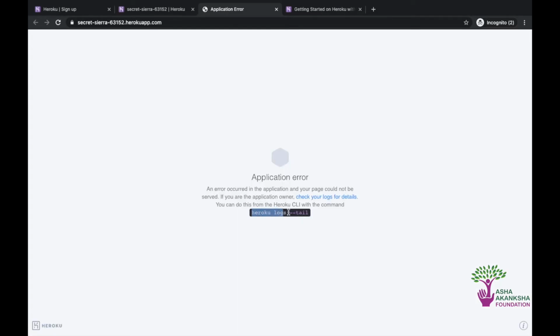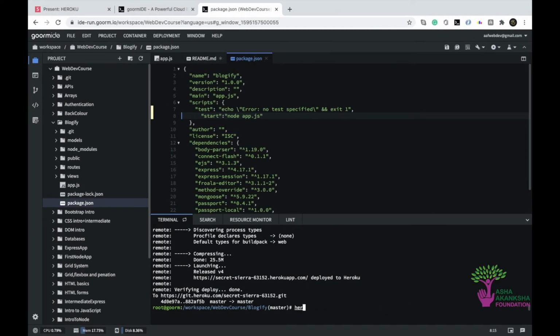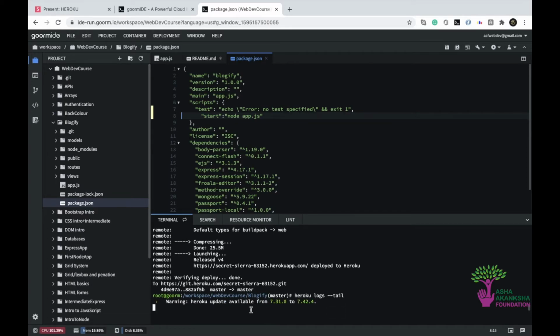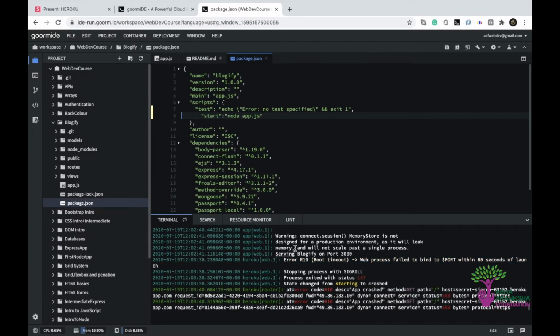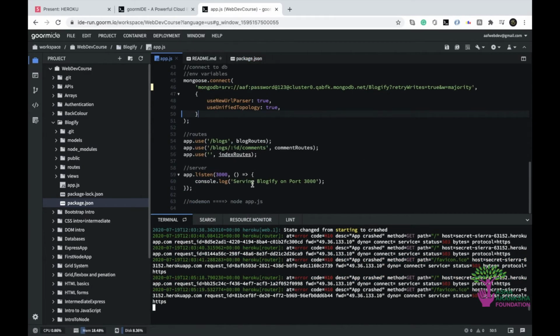This is something that you'll have to do a lot. So we'll do heroku logs --tail, right? We'll type that in here, heroku logs --tail, and it gives us the logs, basically what happened. All right, so I've realized the error: inside the port, what we need to do is